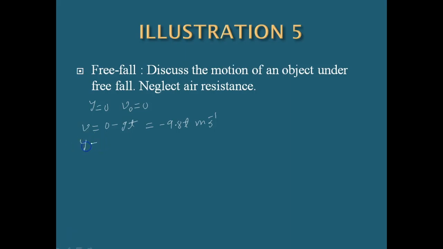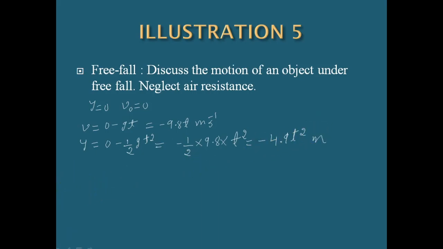And another equation of motion, that is y is equal to v naught t plus or minus 1 by 2 at square. So here the value a is replaced with minus g. So here we know the value of g, that is 9.8. So it is given by minus 4.9 t square